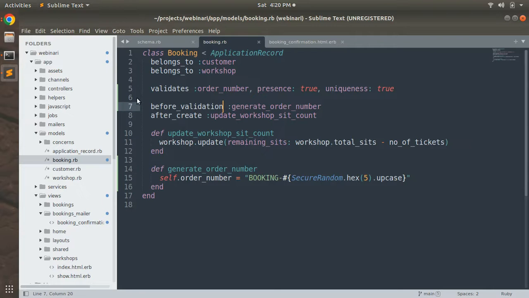Here you can see that we already had this after create callback, update workshop seat count. Now we defined the before validation callback above this. You must define the before validation or before create callback before the after create callback. Because if you change the order, for example, if you do it like this, then you will get an